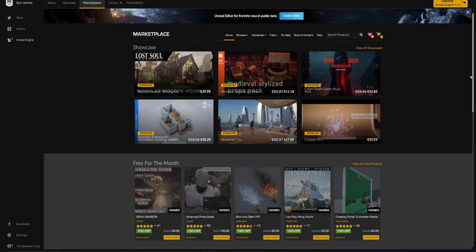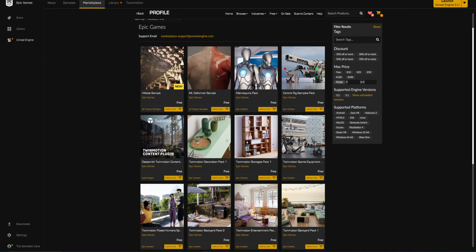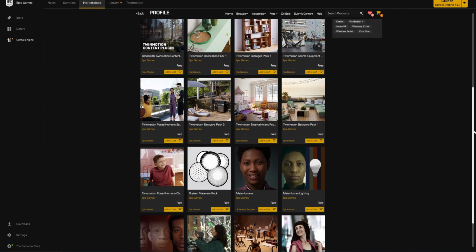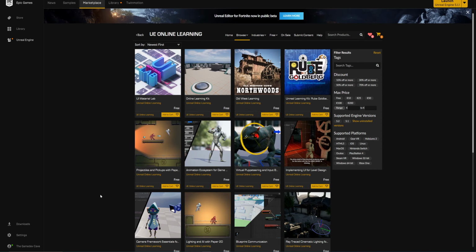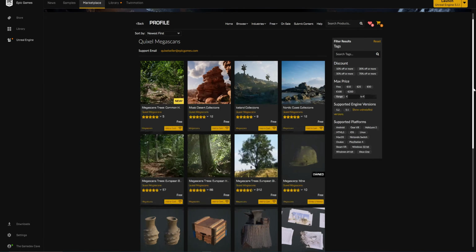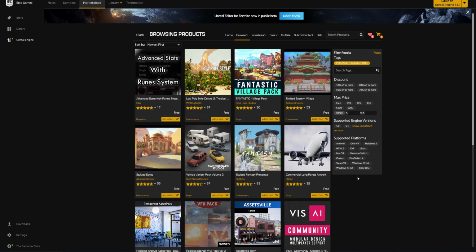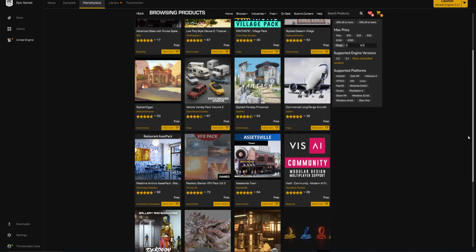What you're probably more so interested in though is that there's also a free tab where you can get a lot of assets for free use. As you can see, all of the assets that you're seeing here are entirely free. This includes a lot of projects that you can use for learning. There's this tab called Quixel Megascans, which are 3D scans of real objects in very, very high detail that you can use. There is the permanently free collection, which is just a bunch of assets that are free to download